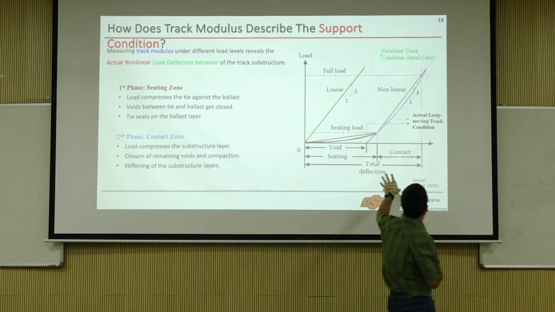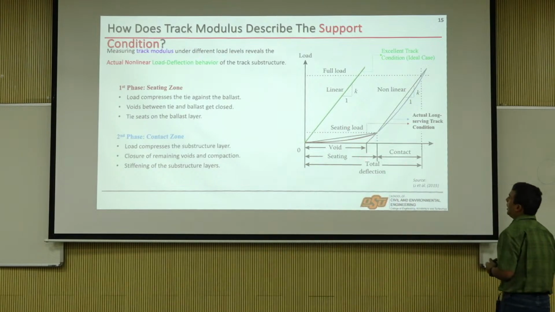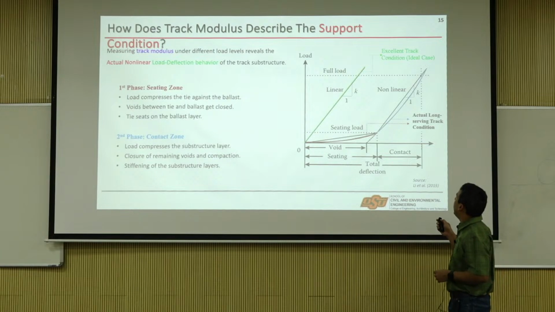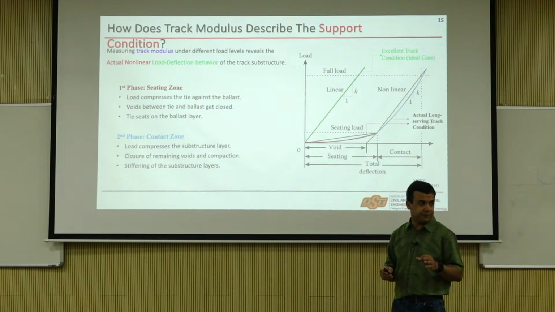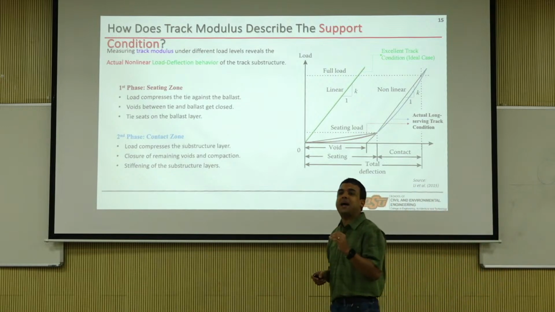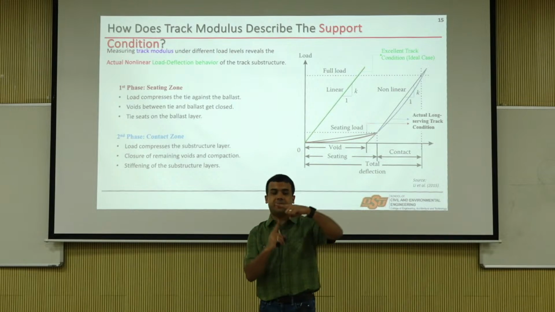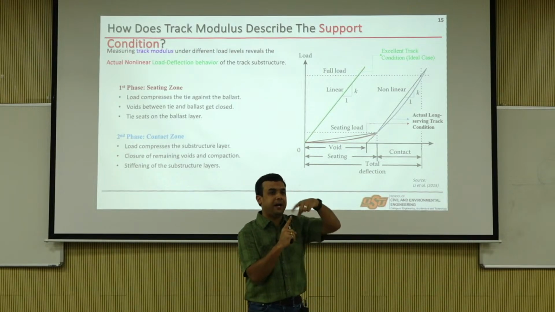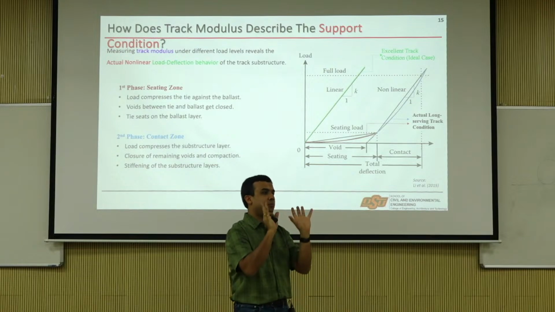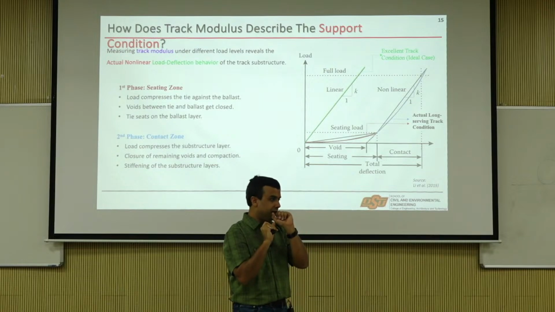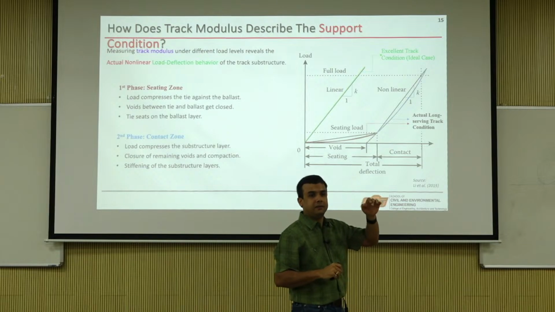So how does track modulus affect? This is actually a very interesting plot. I want you to pay attention to this. X axis is deflection, y axis is load. Imagine resistance. I'm talking about the resisting load, not the applied load, like the load due to the system supporting. When there is a train,